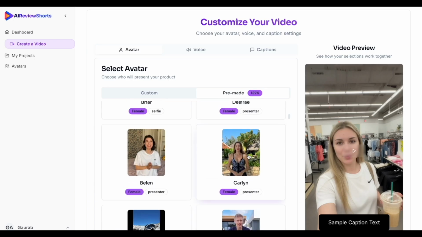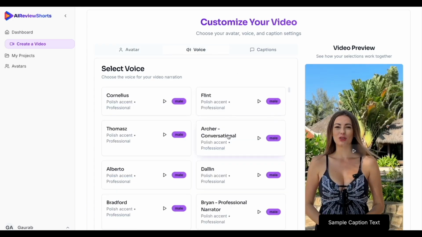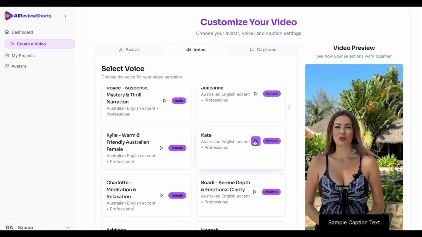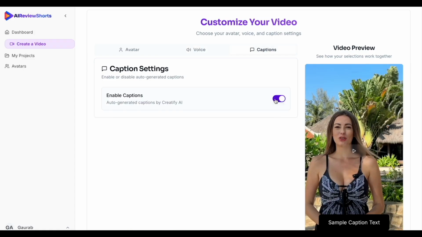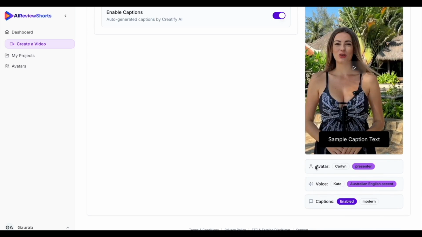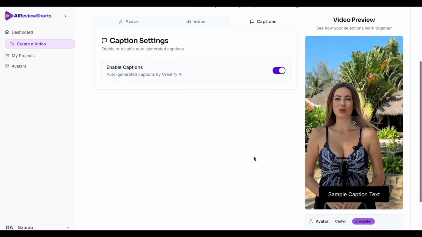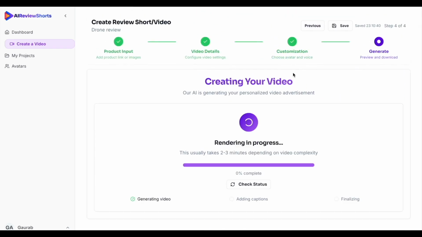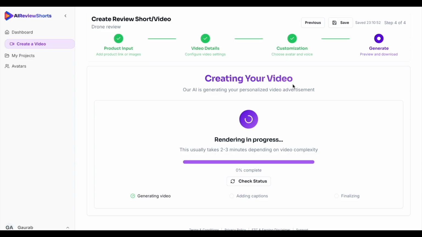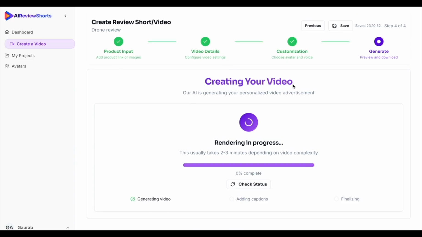So we're gonna pick a very relevant avatar, maybe someone who's outside, because it's about a drone, right? So we selected this avatar, then we select the voiceovers. We can pick from different voiceovers, and then we can enable or disable the captions. So as of now, we'll keep it enabled because it's quick mode. And you just hit the generate video button, and it is going to generate the video for you in the next